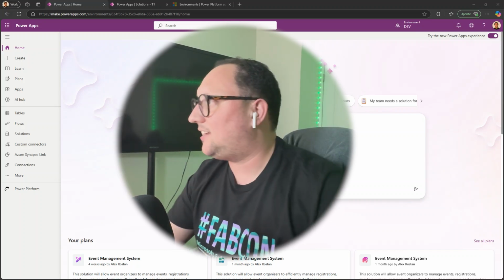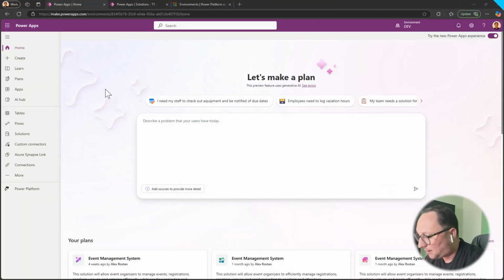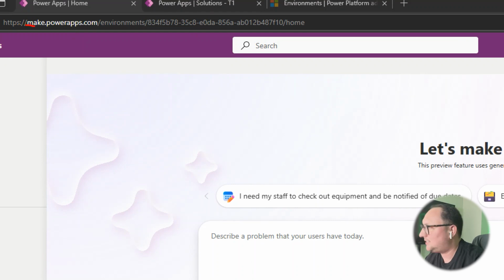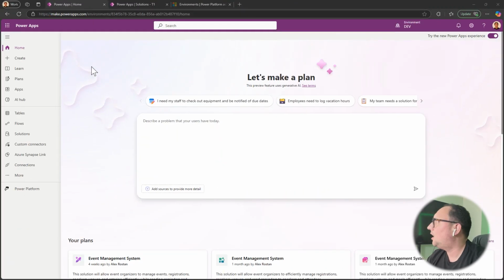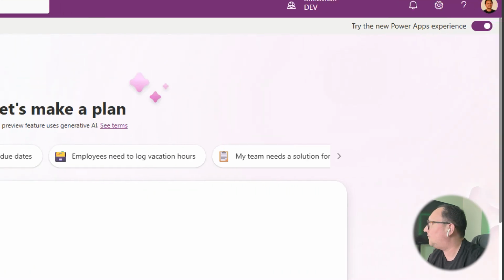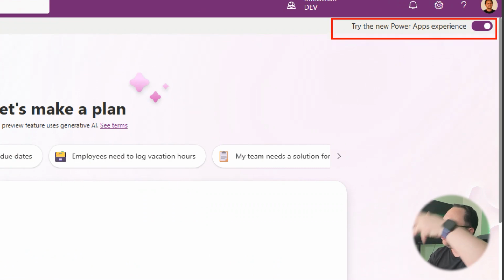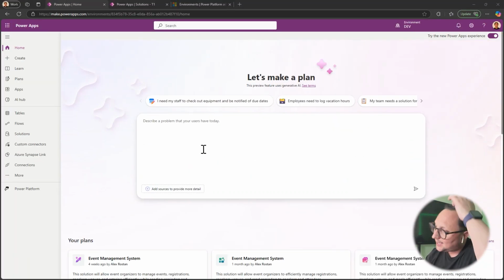Let's start. As you can see here, as usual, this is the homepage for Power Apps. I'm here on make.powerapps.com. Of course, I have the try the new Power Apps experience activated here, and that brings all this new stuff, like the let's make a plan feature that we showed in a couple of other videos, on how to create a Power Platform solution using plan designer. But let's see that particular feature in the next video, and let's focus on the ERD assistant